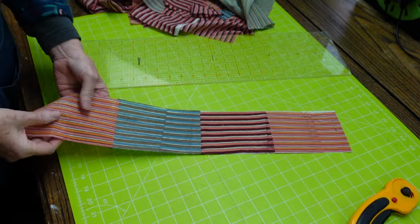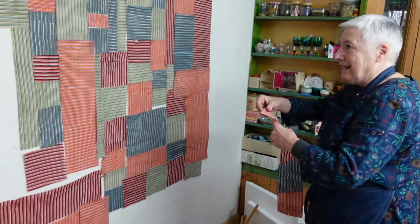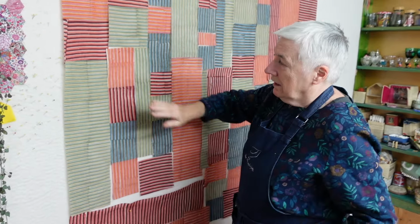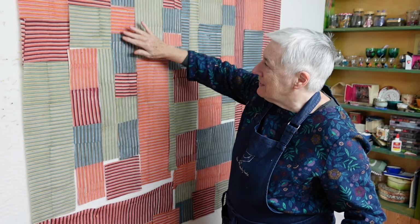And now that piece can go back here. And so that's what I'm going to do now. I'm just going to take the ones that I can attach, like this run here, and do them one at a time, because if I took 6 of them off to sew, I wouldn't know where they went